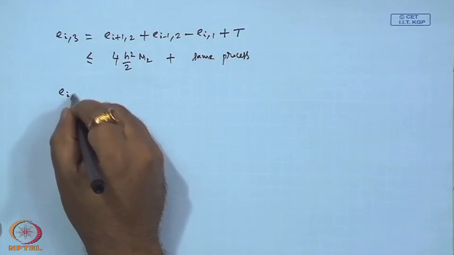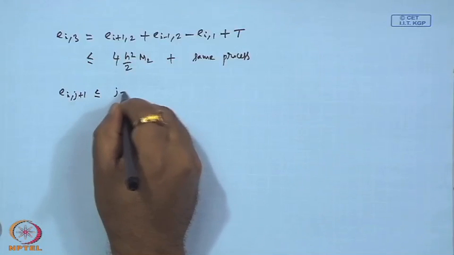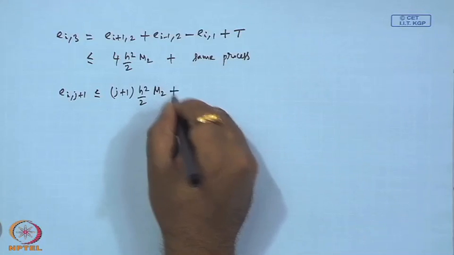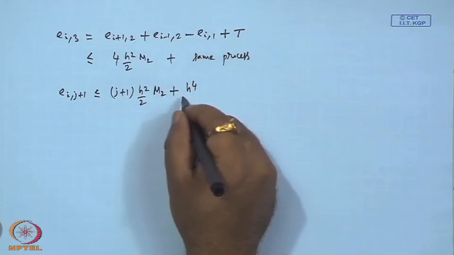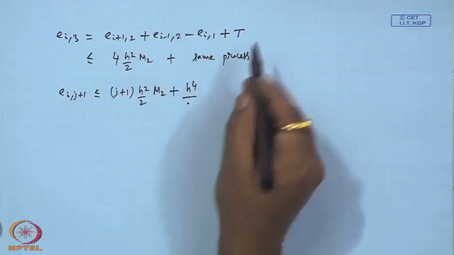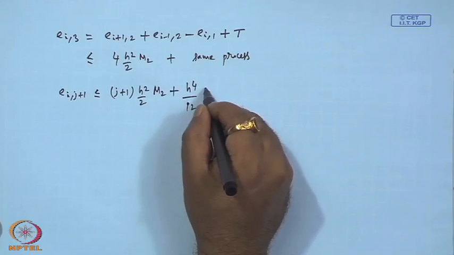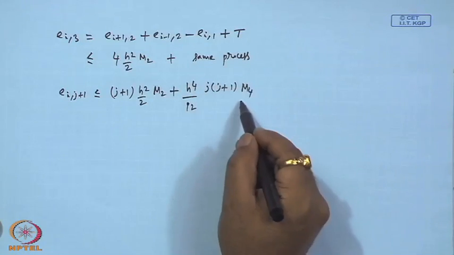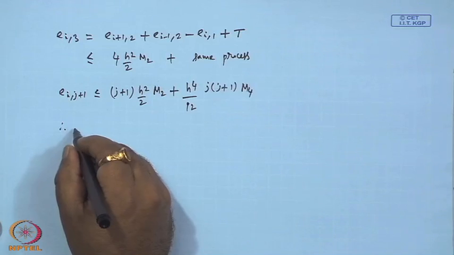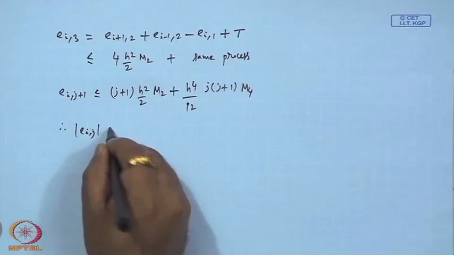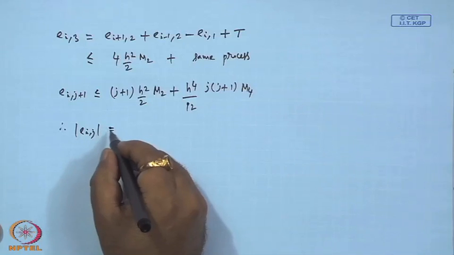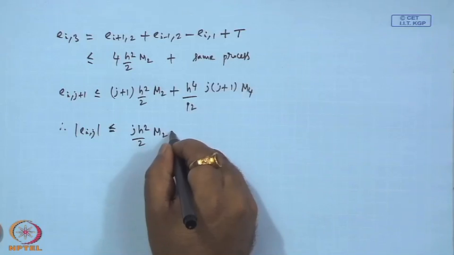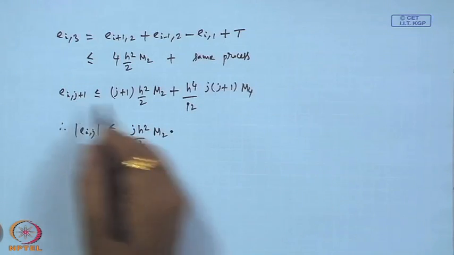So, one can generalize to j plus 1 times h square by 2 M 2, and for t repeatedly for each one 2, okay. So, it will be magnified of this order. So, same process if we follow, we can get this, okay. So, therefore, mod E I j is less than or equal to j h square by 2 M 2, because when we are replacing j by j minus 1